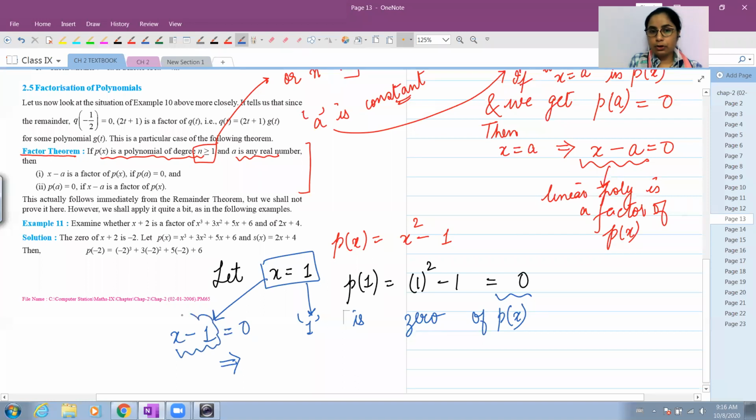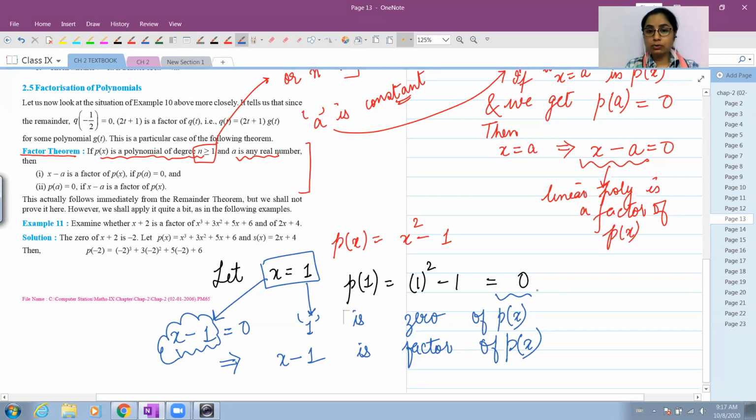So this linear polynomial that you can see will be a factor of p(x). Why should we write x minus 1 is equal to 0? Because x minus 1 equals 0 will give you the value of x as 1, which on substitution in p(x) will make it equal to 0. Right? अगर हम x minus 1 लेते हैं, ये हमारा divisor हो गया, इसमें से हमने x की value निकालनी है, इसमें से x की value आएगी 1 और जब आप वो put करोगे p(x) में तो वो 0 बन जाएगा, which tells कि remainder 0 आ रहा है.